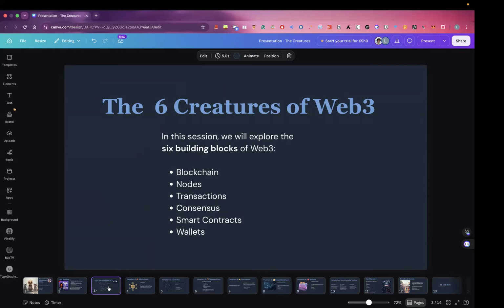So just to recap what I've said, we've talked about the different iterations of the internet, which is Web 1, Web 2, and Web 3. Web 1 is the earliest onset of the internet, which allowed people to access a massive repository of information. So it was just consumption. You could log into the internet and read what was already posted by the people who had access to resources. You couldn't really interact with this information. You couldn't leave your own sentiments, like comments or likes. You couldn't do anything beyond consuming.